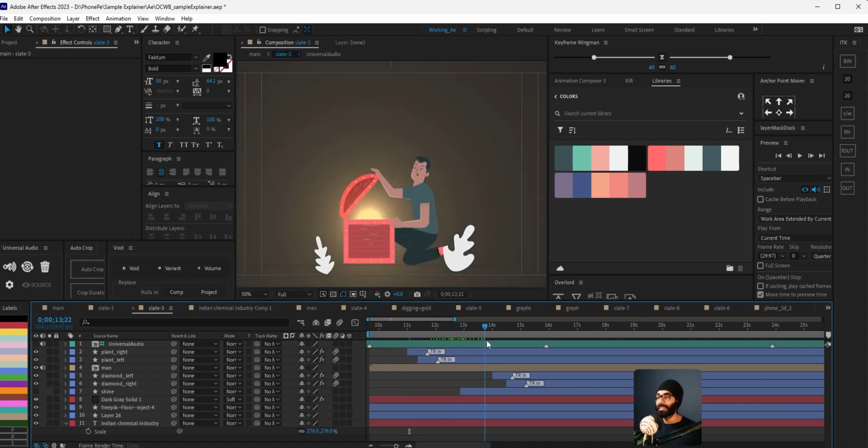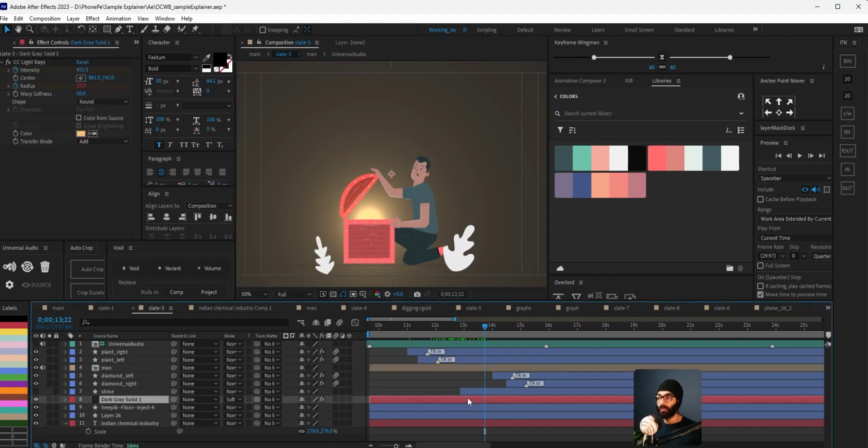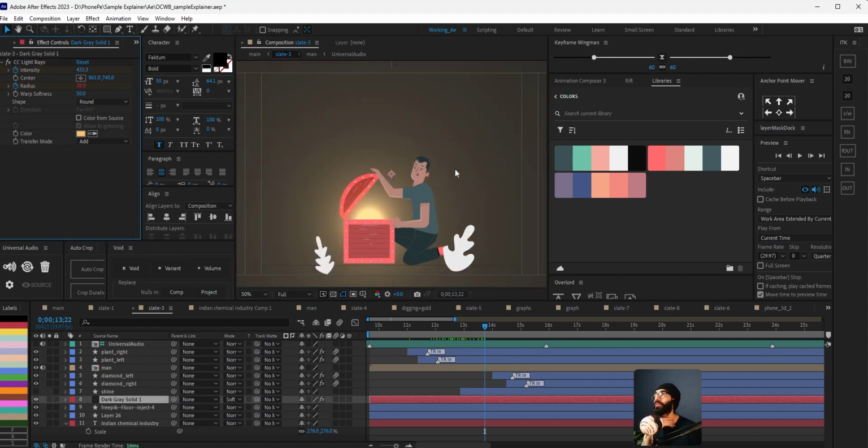And here, if you see, I've used an effect called CC Light Rays, which is also pretty neat if you think about it. On a solid, you just add this, and I've animated the radius over time. So one thing is an appreciation of how nice your vanilla After Effects effects are. As a matter of fact, I have never gotten around to appreciating the vanilla effects, because I'm always trying to do my own thing.